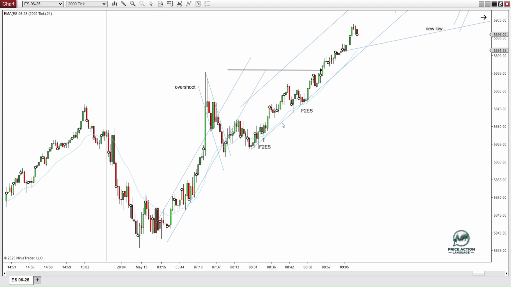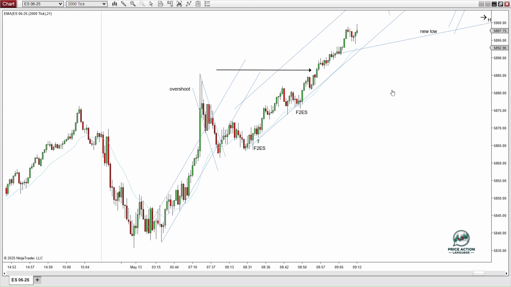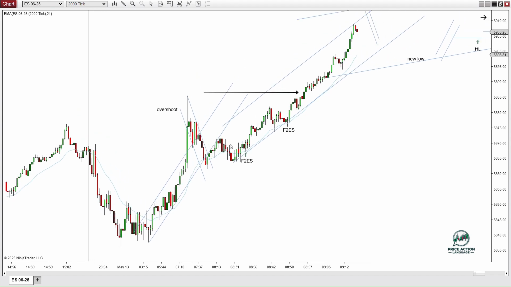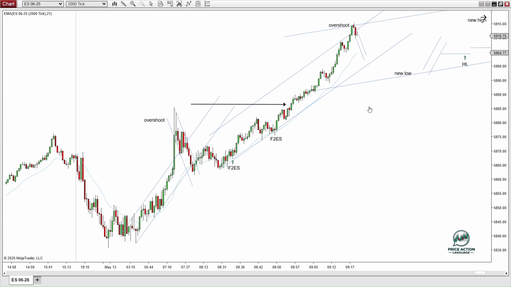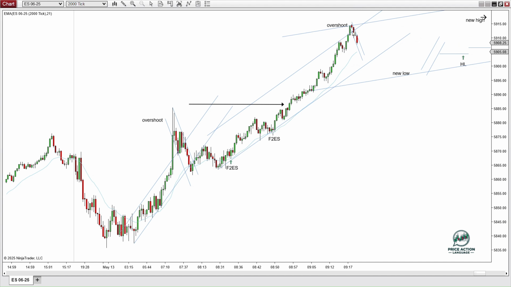So I went ahead and drew this wider channel here, and you can see we continue working higher. So it's just getting more and more confirmed. So I'm considering some second entry long at the EMA, but you can see we push higher and create this